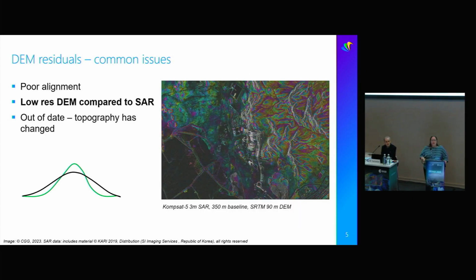Another problem you can have is if you have low resolution DEM data compared to your SAR. So you can end up with the problem where if you have steep, quite sharp topography, you have the tops of all your mountains missing in the DEM and the bottom of all your valleys missing in the DEM. And you end up with this really characteristic pattern, which, again, most of you using SRTM data won't have seen. But it's very easy to correct with a higher resolution DEM. And if I flick between the two, you can see that all of that elevation noise disappears.